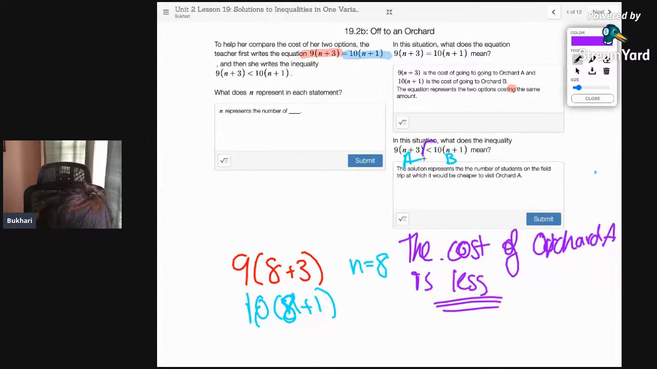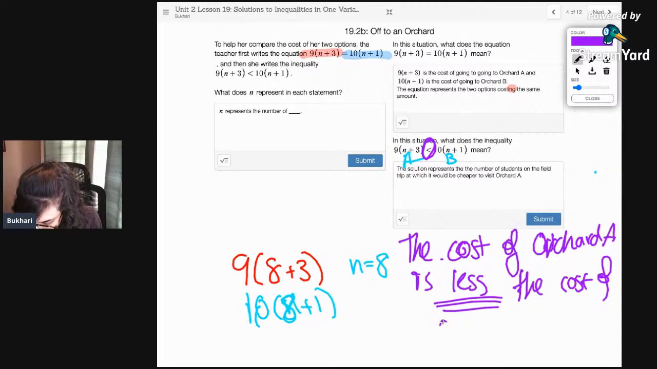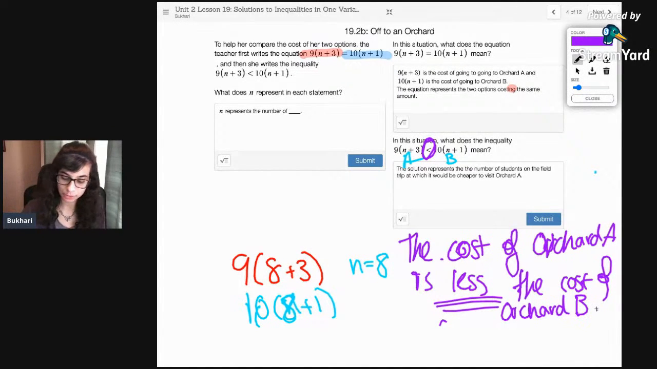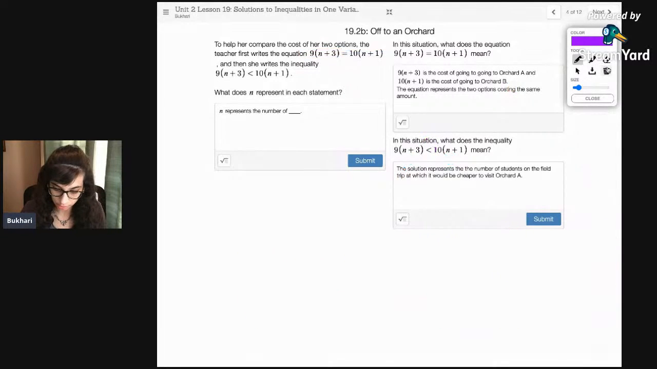Keyword less than: Orchard B, the cost of Orchard B. And that's what you're looking for. What does that less than represent? If 9n plus 3 and 10n plus 1 represent the cost at both orchards, then what does that less than sign represent? That's the key part of this lesson today. And so you'll get some more practice working with that with